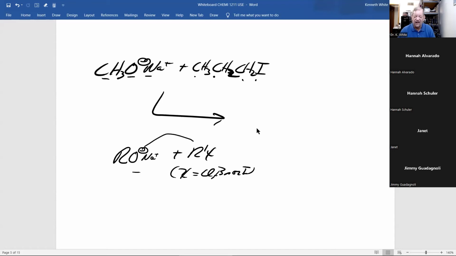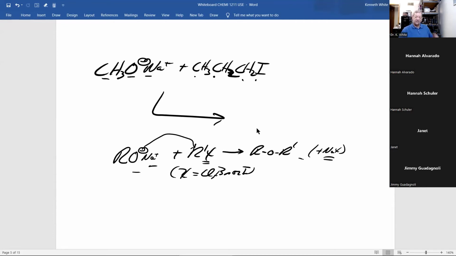And this attacks that. You know, organic chemists are violent. We use the term, actually, if I were with other colleagues, well, that attacks that. And it kicks this out, you lose this, and you make an ether. And if I wrote, give the organic product or products, you don't have to put the salt because that's inorganic.